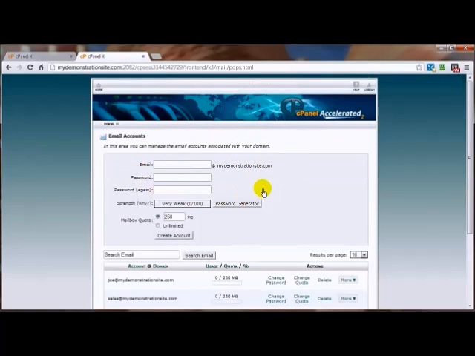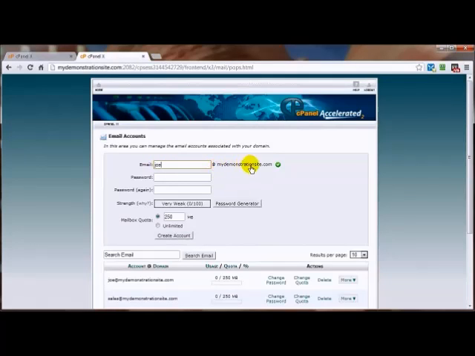Now, like with this particular web hosting account, I can have as many different email accounts as I want. So for example, if I were to hire some outsourcing work, I can assign an email account for that particular person or persons. And once they've completed their task, then I can just come in and delete that particular email account. So in this case, let's go ahead and add